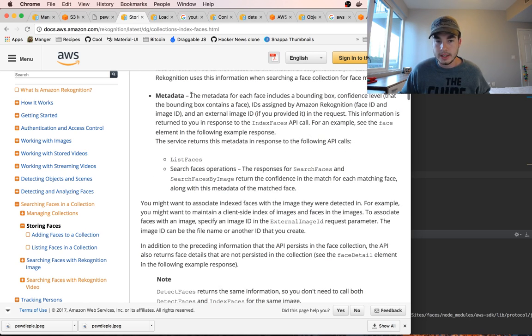And metadata for each face includes a bounding box, and a confidence level that the bounding box contains a face. An ID is assigned by Amazon Rekognition, and an external image ID if you provided it in the request. The information is returned to you in the response to the index faces API call. The service returns this metadata in response to the following API calls: list faces